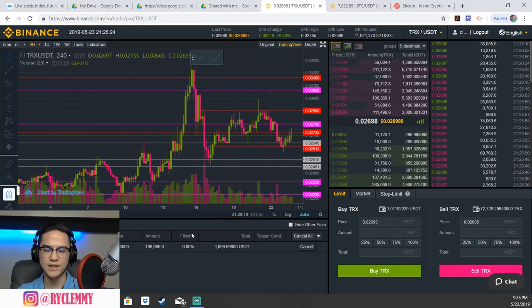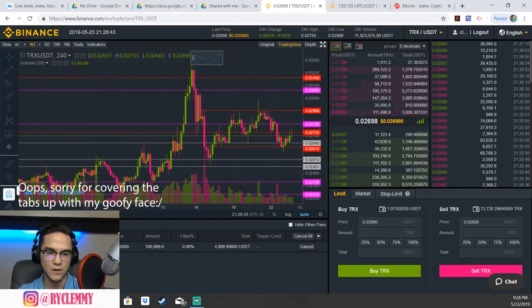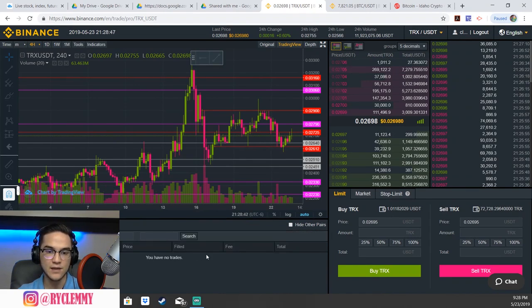Now, the reason that it has percentage filled over here is because people could buy portions of your order. So again, I'm trying to sell this amount of Tron. Someone could come in here and buy half of that amount at this price, and my order would be 50% filled. Now you have these other tabs here. You have order history, which is going to show all your different orders, as well as trade history. And trade history breaks it down into those different